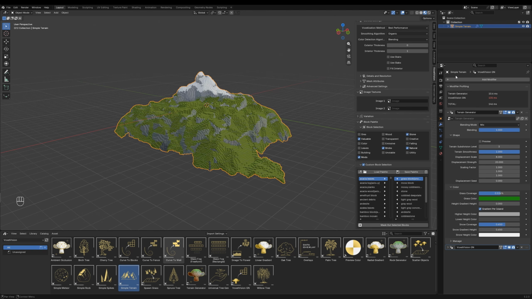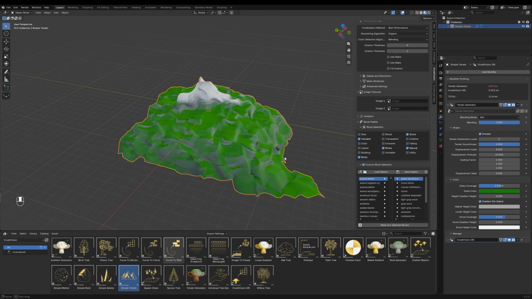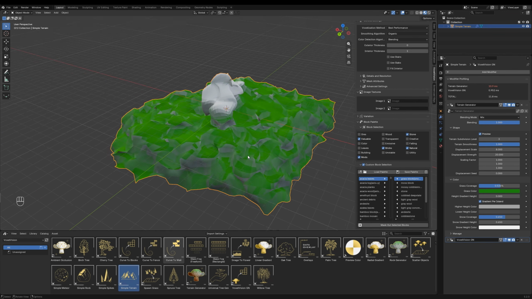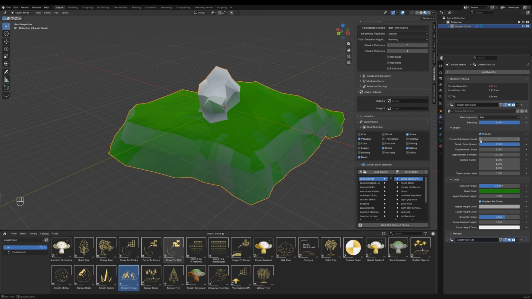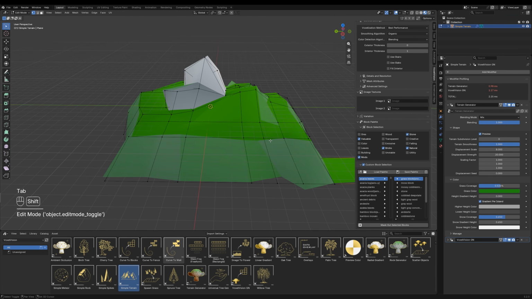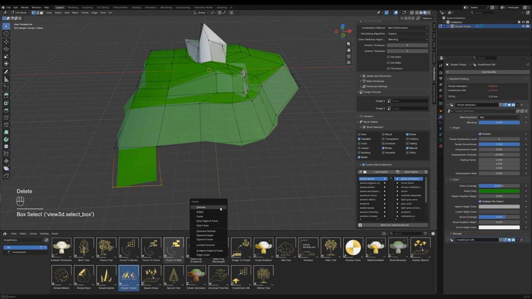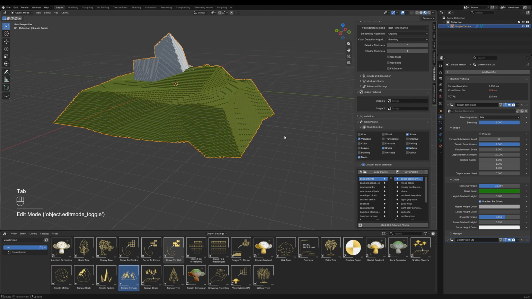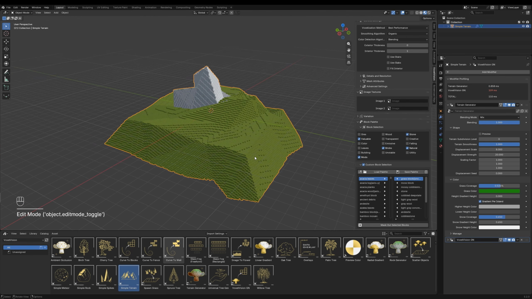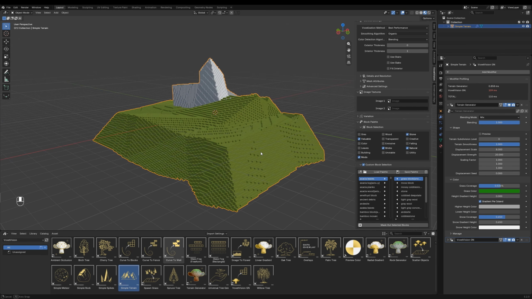So let's open up the terrain modifiers on the right. In this case, let's just use the terrain modifier, and you can see it creates some swirls, some more strength to it. So if I disable all the stuff this modifier does, you can see we are actually working with basic geometry, just like this. So if I remove this, okay, if I turn it back on, this is actually what it would convert